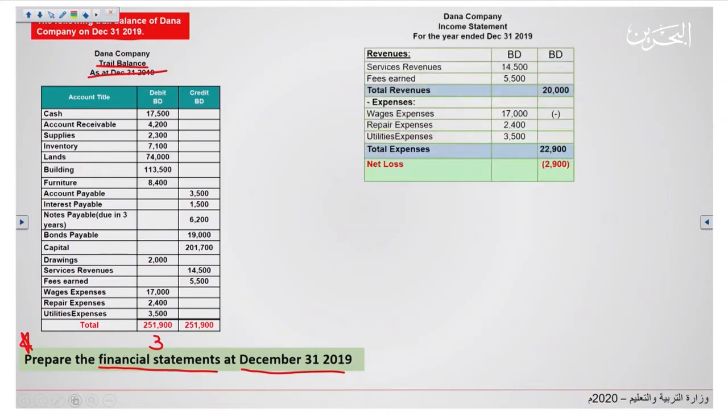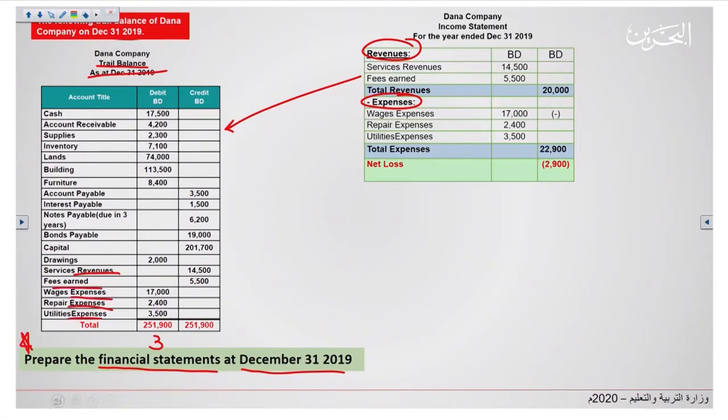statement, which is the income statement. In the income statement, as you remember from our first lesson, the only two things we care about are revenues and expenses. So we will look from the trial balance to find the revenues and expenses. We will highlight them